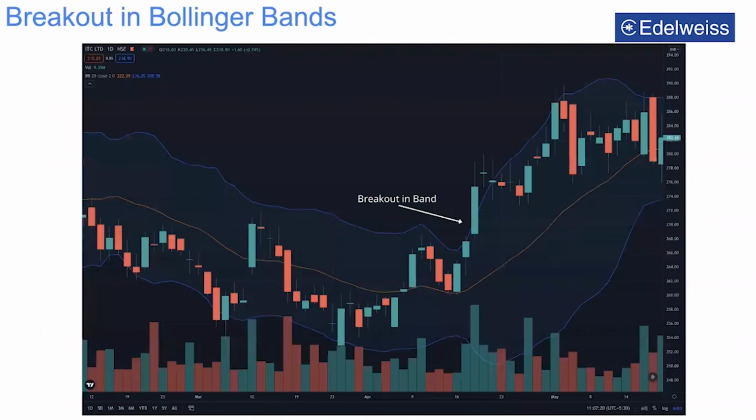Moving on, what is the breakout in Bollinger Band? This is the world's most famous stock, ITC. You can see that there was a good break in the Bollinger Band at around levels of 272 with very huge volumes. Maybe such huge volumes weren't seen in the whole past month or so. The Bollinger Band was broken at around 270 rupees levels, and the security went up another 5 to 7%,